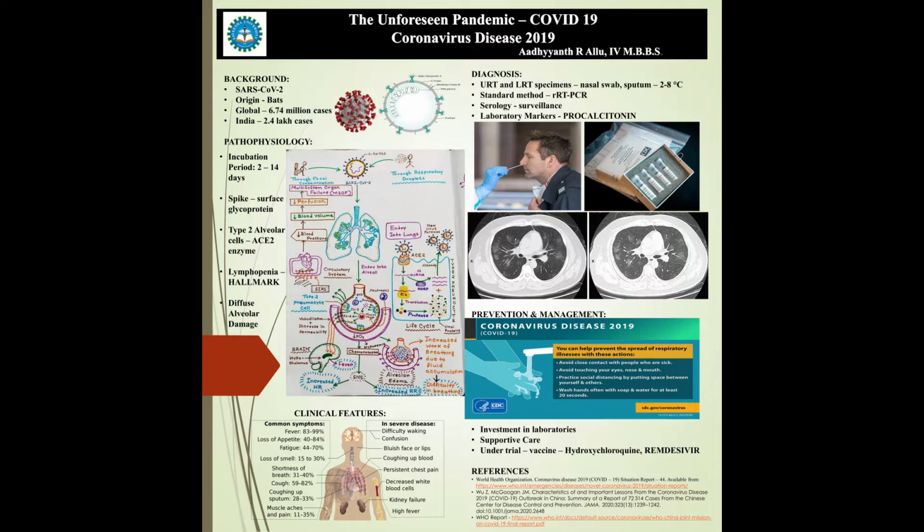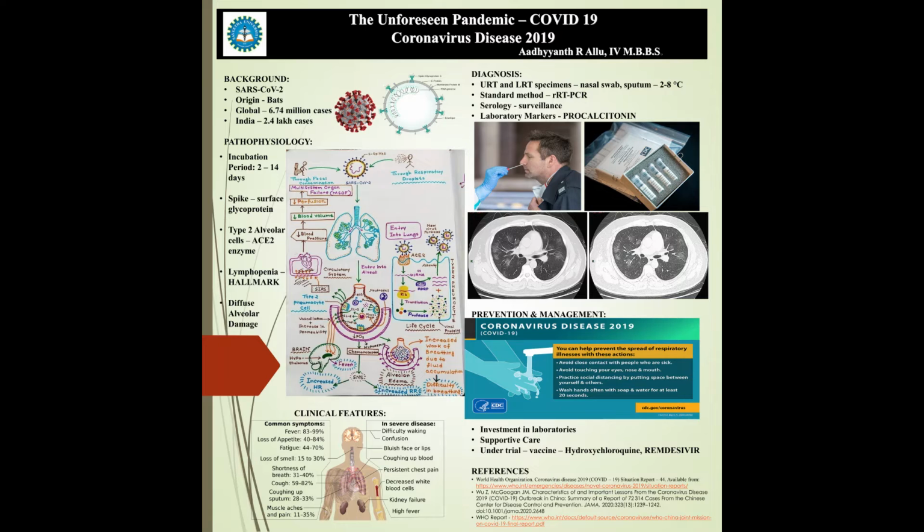Moving on to the clinical features, the incubation period of the disease is around 2 to 14 days, following which signs and symptoms, which most commonly include fever, followed by dry cough and fatigue, followed by muscle pain, sore throat, shortness of breath, as well as headache. The complications include pneumonia, ARDS, that is acute respiratory distress syndrome. We also have multi-organ failure, shock, and death. The threat is higher in those above the age of 60 and those who have comorbid conditions such as hypertension, diabetes mellitus, and cardiovascular diseases. The age distribution is around 87% in those between the age of 30 to 79 years, and the mortality rate is around 2 to 4%.